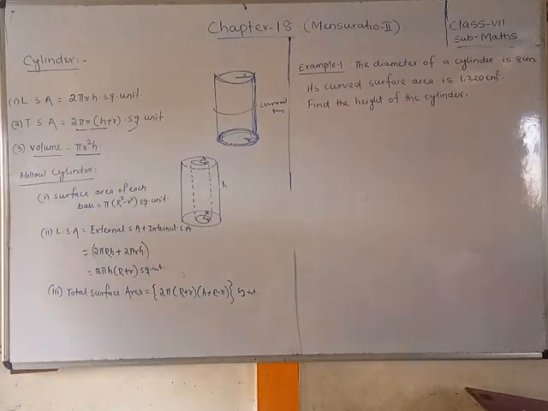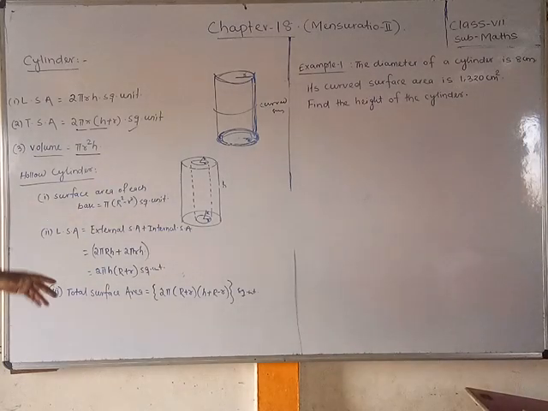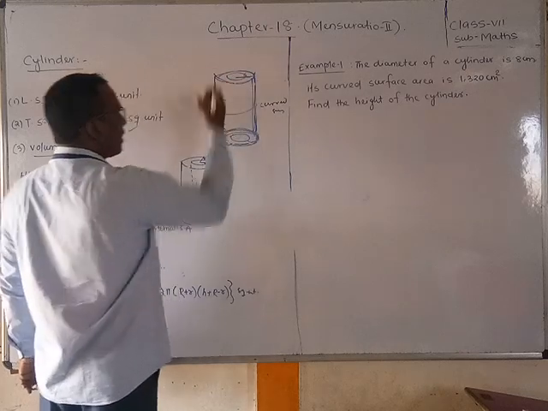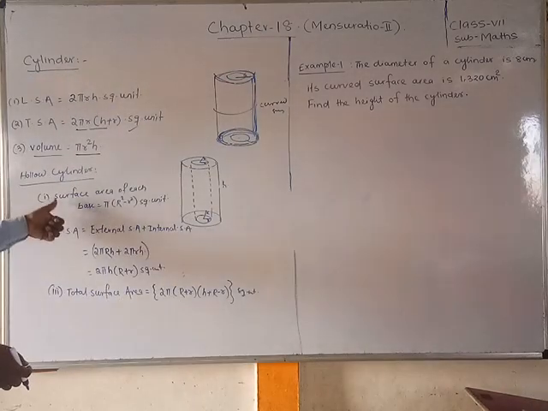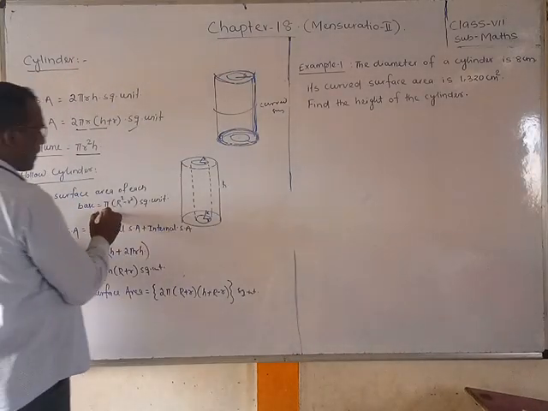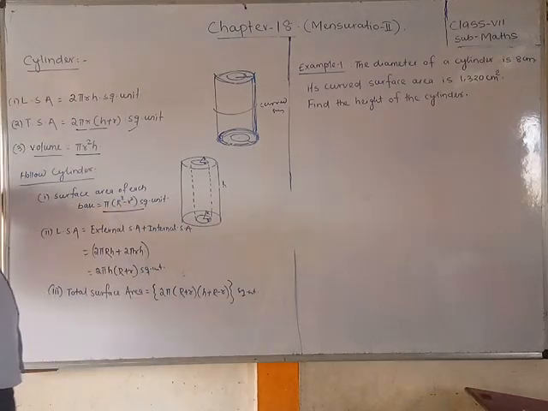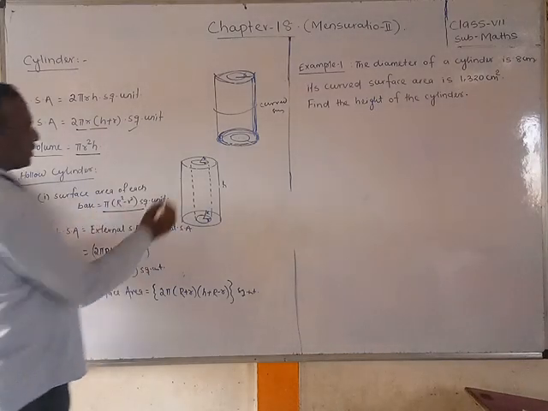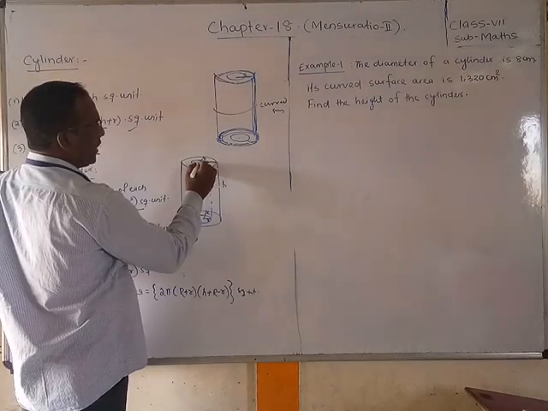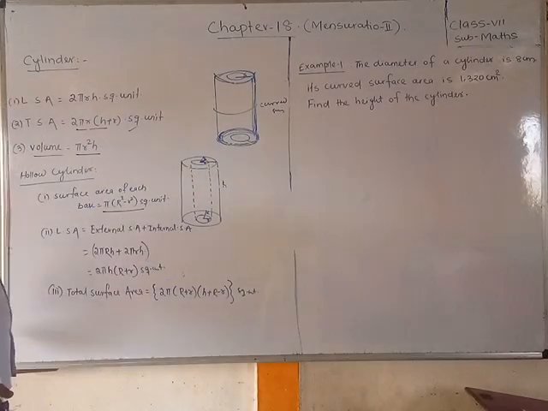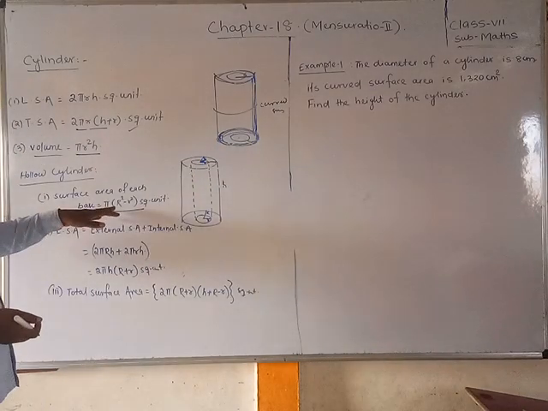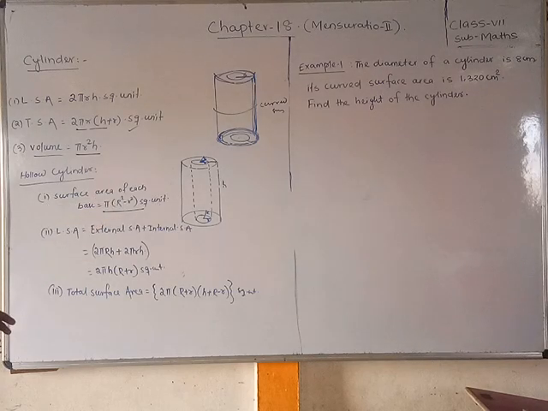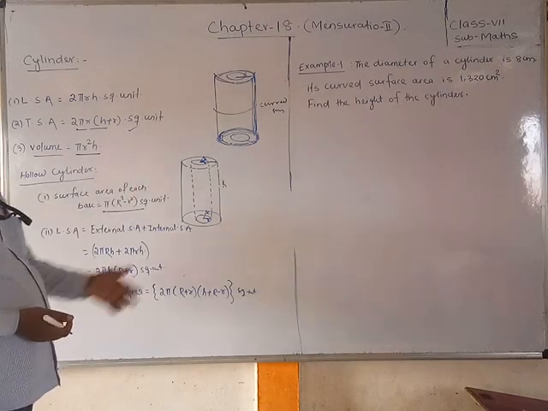Now, the hollow cylinder. Another type of cylinder also, friends, which has a hole inside, like the space is there. So the surface area of the base is equal to pi times capital R square minus small r square. Capital R means the outside circle, and small r means the inside of that cylinder. So if we subtract and multiply with pi, then we can get the base area or the top area.